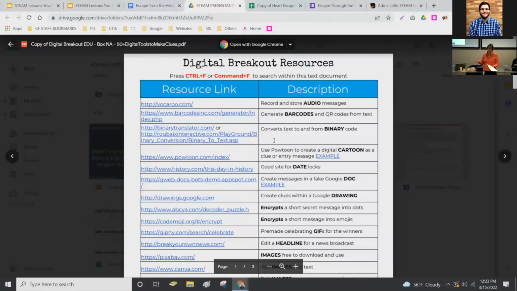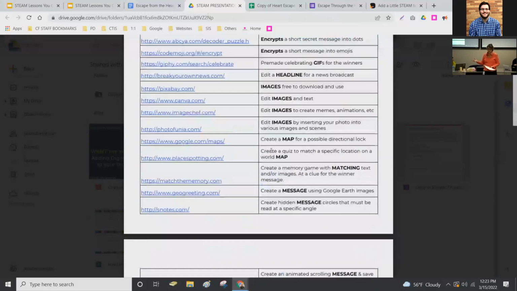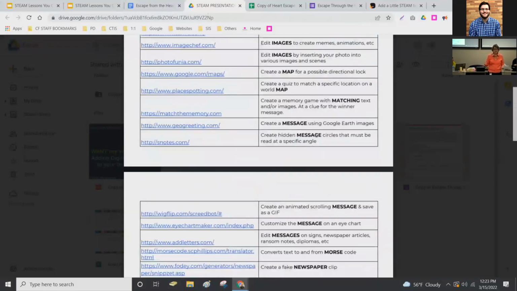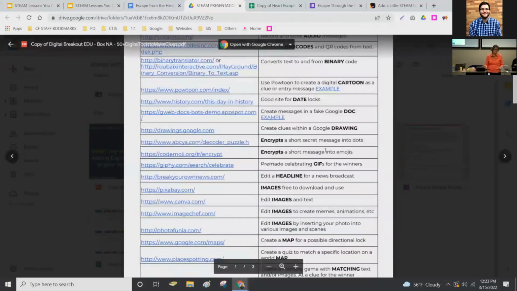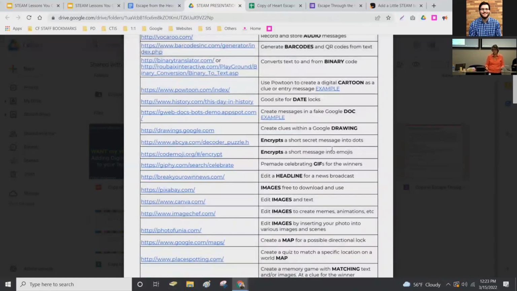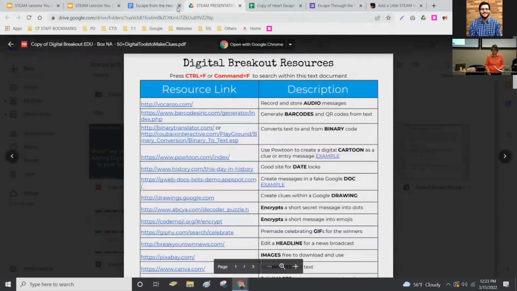They're all over the place. The kids like to make them too. So that's even a good thing at the end of a big unit or something like that. You can break the kids into groups and have them create a digital breakout room with 5 or 6 questions. And then the next day after they've created it, have the other teams in the classroom solve it all. So they're solving each other's questions. That would be a good assessment to see who knows what and if they can answer the questions.